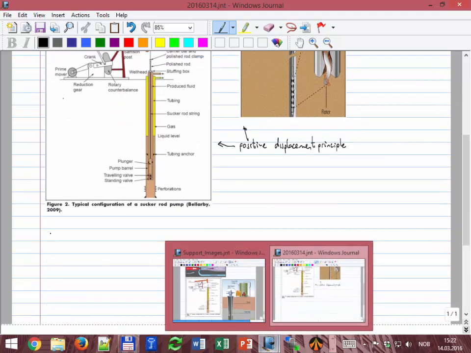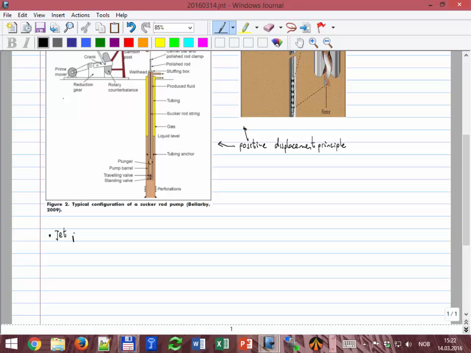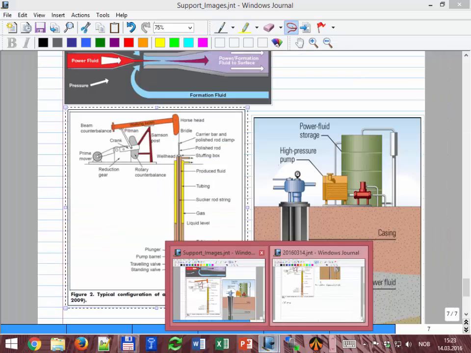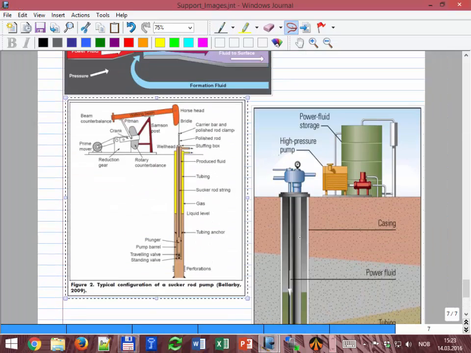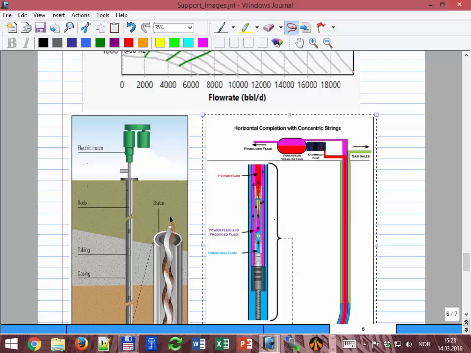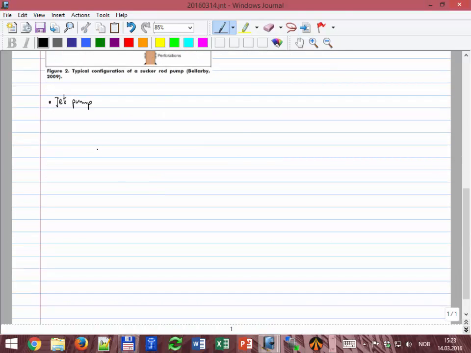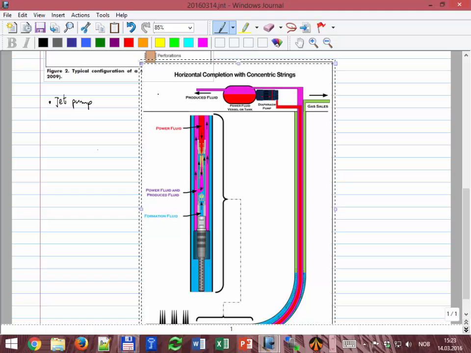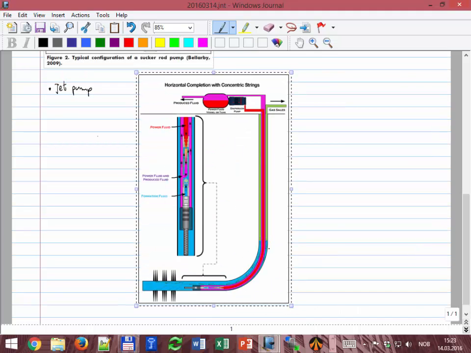And then there is another method called jet pumping. It's not so used, it's not so popular. I think I have a picture here. For the jet pump, can you see it okay there? Or the screen is good enough, I think. So the red fluid usually is either liquid or it can be production gas. So you pump it down with a compressor at high pressure. You pump it down, and then actually it enters